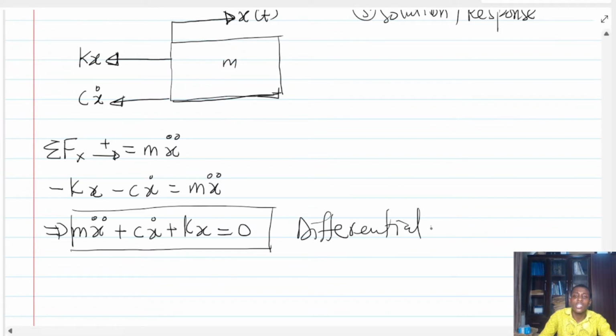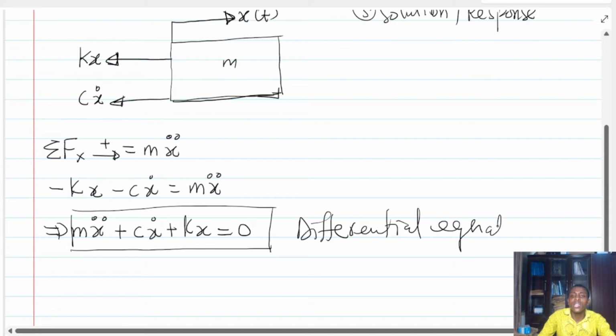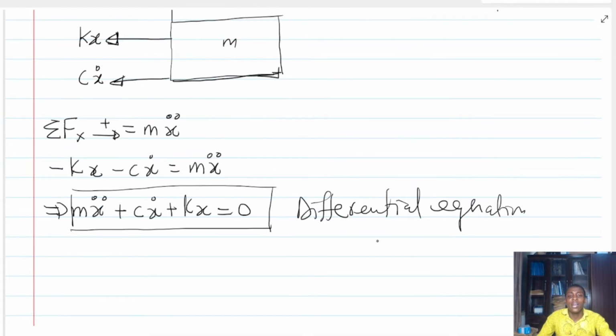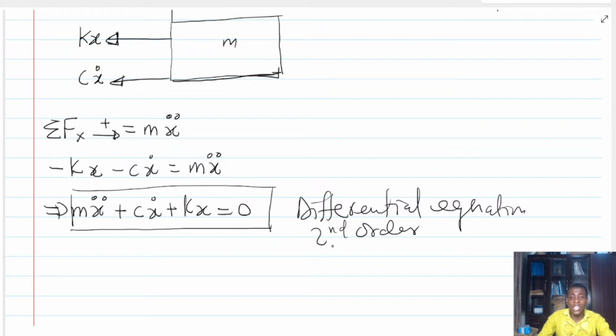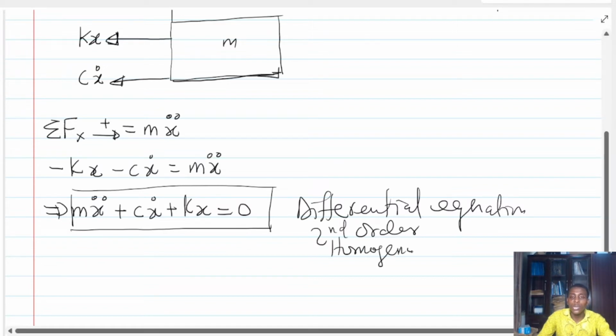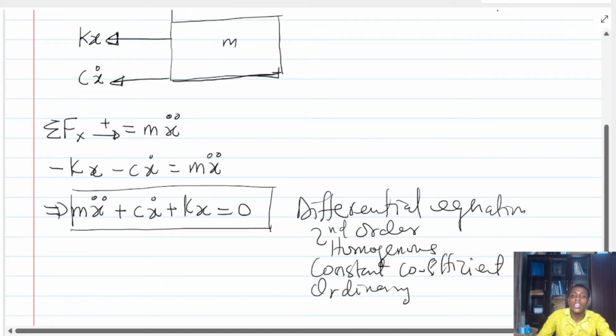And this is actually a differential equation. Therefore, to be able to solve this, we need to go back to our differential equation class. This equation is a second order system, second order because the highest order is 2. It is homogeneous, in the sense that the right hand side is 0. It has constant coefficients. And finally, this is an ordinary differential equation